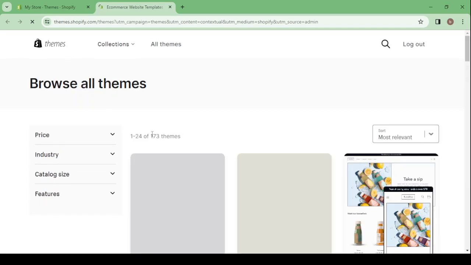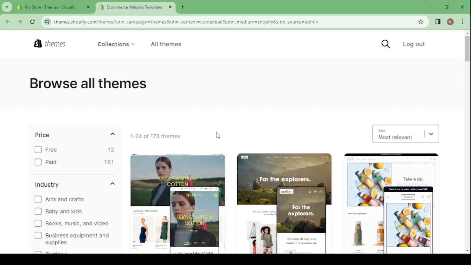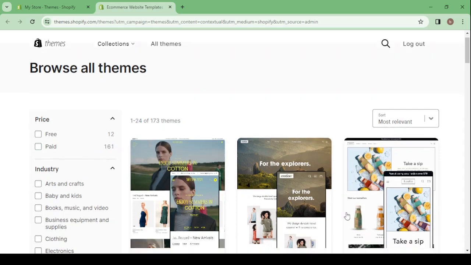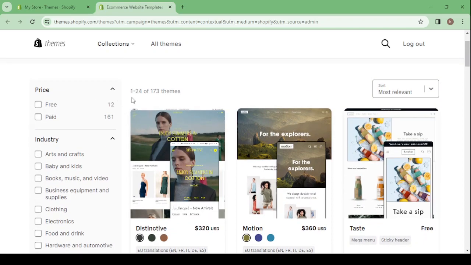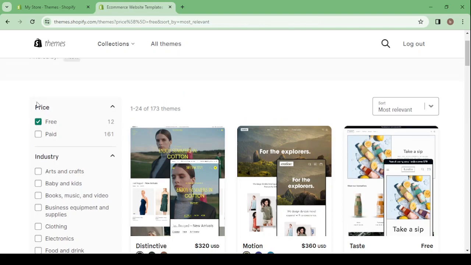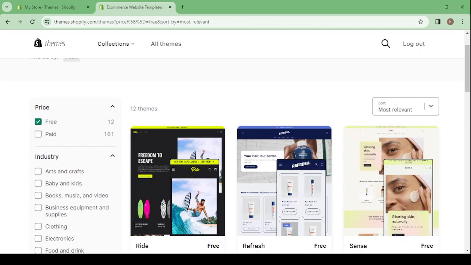So here we have 173 themes, and most of them are paid themes. 161 of them are paid themes. You cannot use them without paying. And we have 12 other themes which are free. So you're going to filter by free. We're going to choose the free ones. Here we're going to search between those themes in order to find something that would come along with our